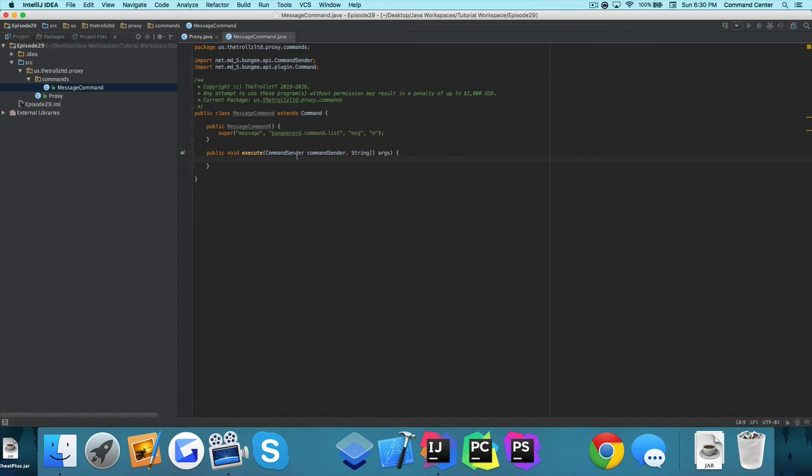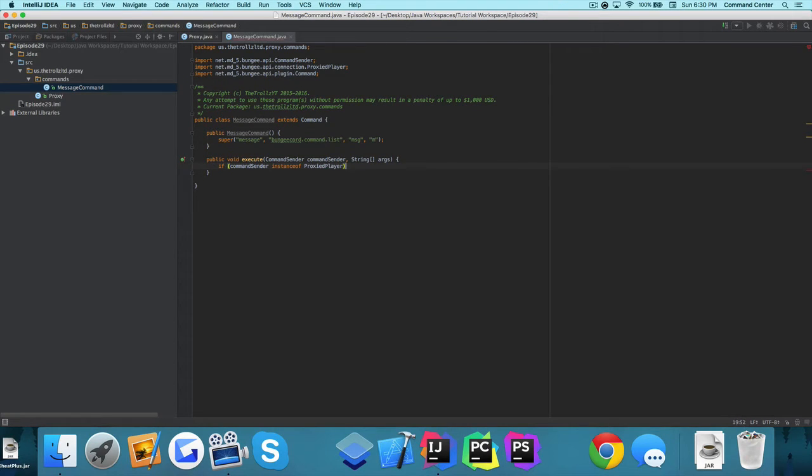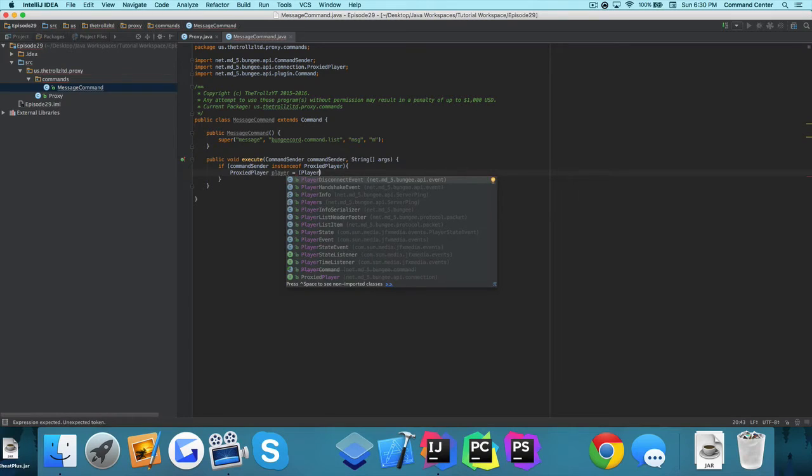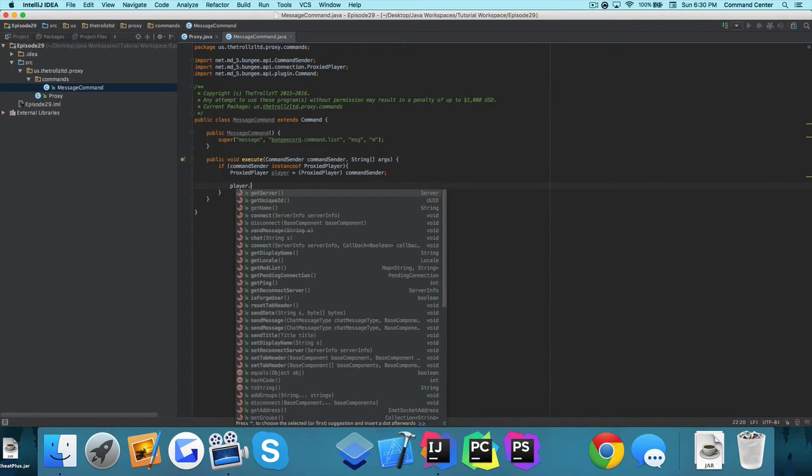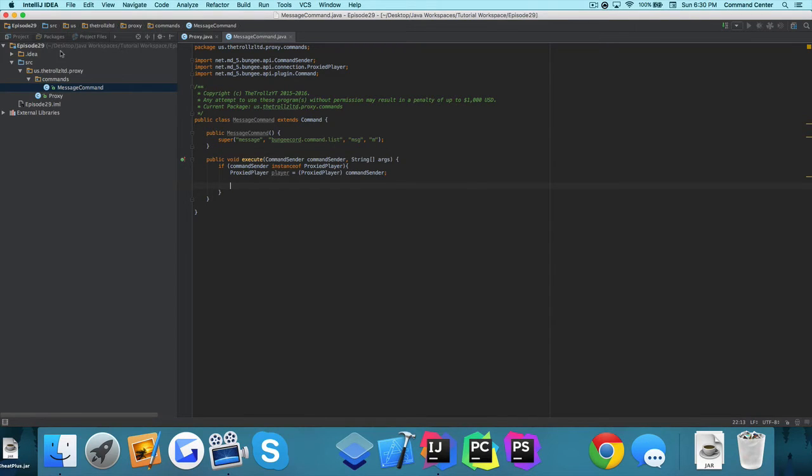So now what we need to do is say if command sender is what's called a proxied player. That's the equivalent of a Spigot player in BungeeCord. Let's go ahead and create our object here. Just normal stuff. We basically just write Spigot code and change player to proxy player. That's kind of how this works. So now we have our methods here. We have all this stuff. We have get server, get unique ID, get name. We have connect, disconnect, and so on and so forth. We also have chat and a lot of other things that are definitely different than what we're used to in